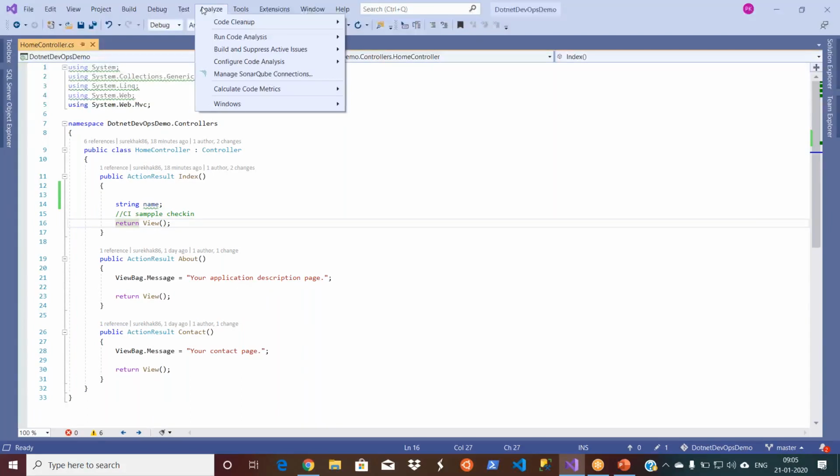As I told you, this is to make your analysis in sync. So whatever rule set you are using on the server will be the same on your local as well. This is not different from your core rule set in your local, because that is integrated and comes with your Visual Studio installation. This is only to make your environments similar across. Nothing other than that.